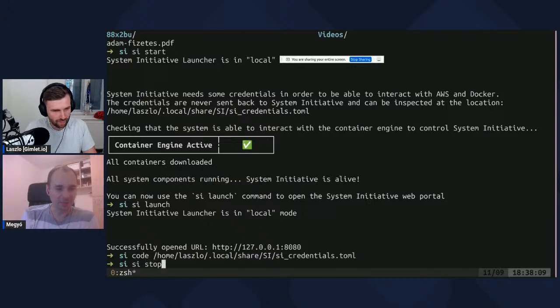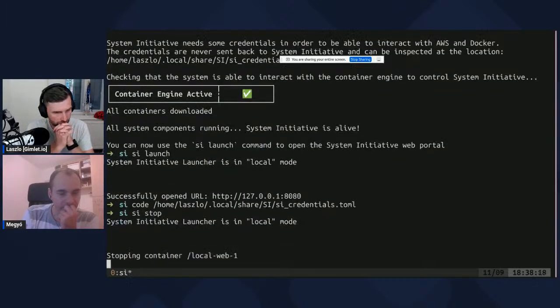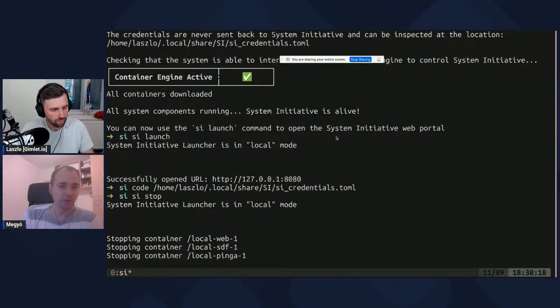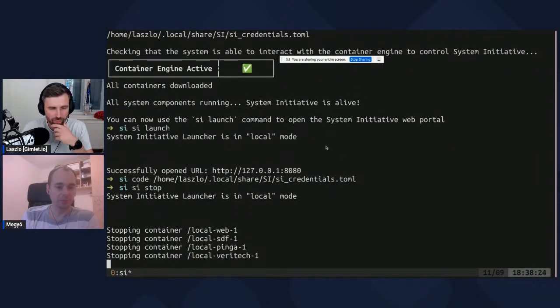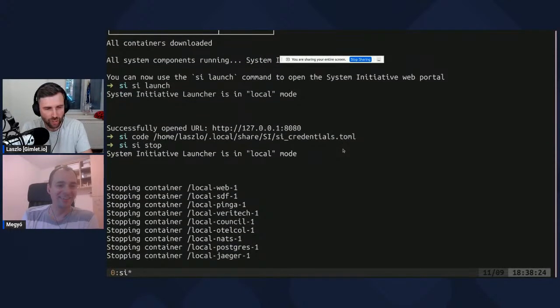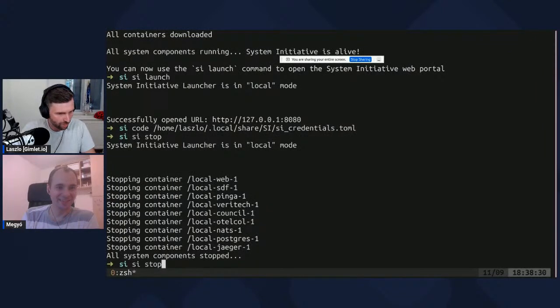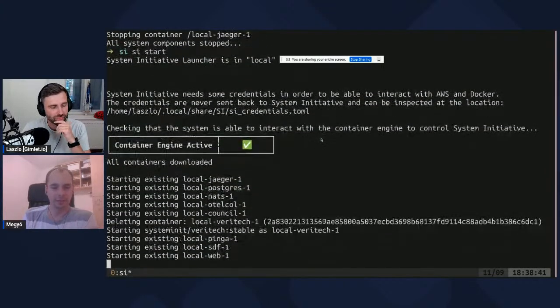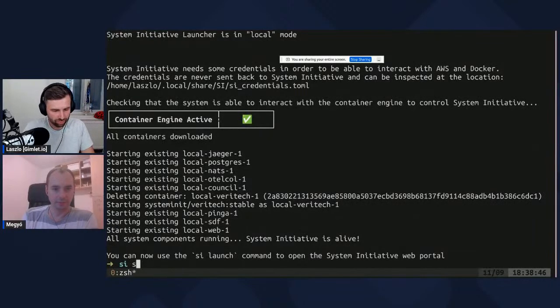So, stop. Yes. Maybe just stop and start would work. In the meantime, you can revoke your AWS key because it was on my screen for the moment. Okay. So I stop and then delete or start? I think you can just start, let's see whether that works. All right. Okay.